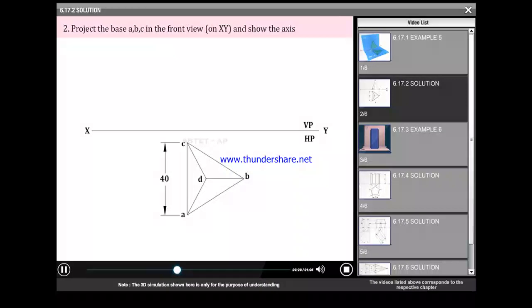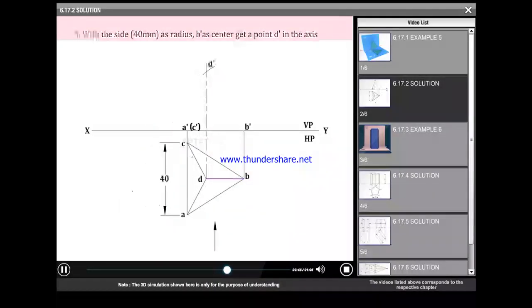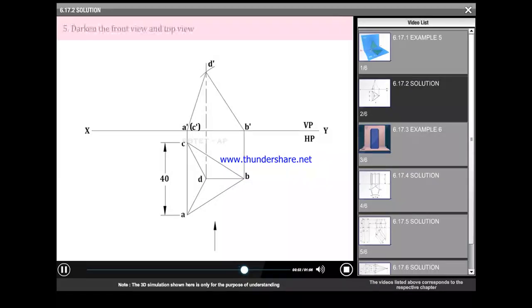Project the base ABC in the front view on XY and show the axis. With the side 40 mm as radius, B dash as center, get a point D dash in the axis. Complete the front view. Darken the front and top views.